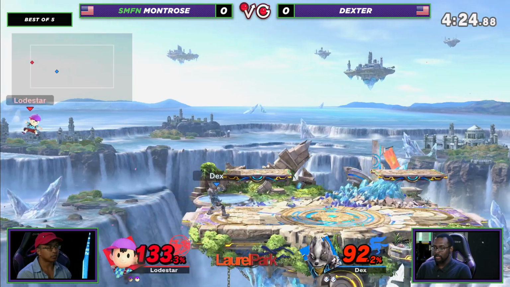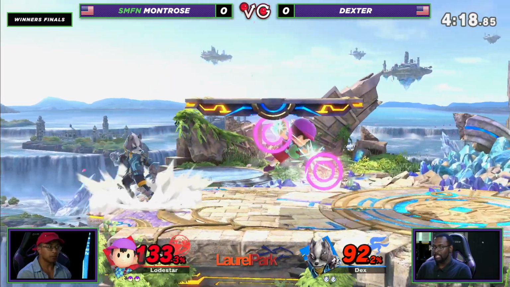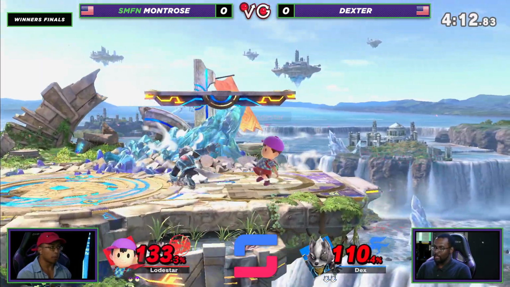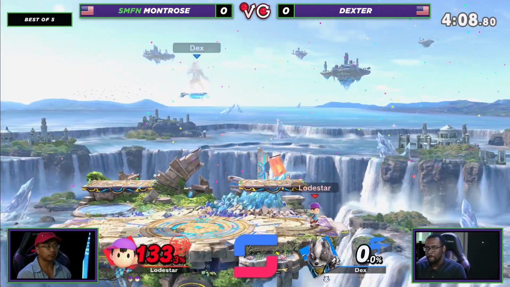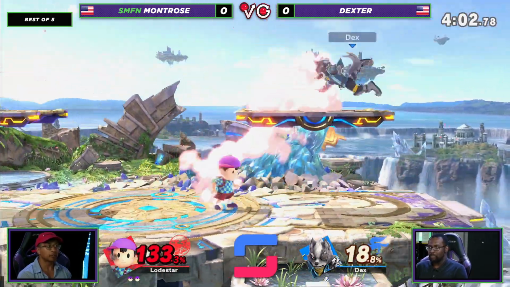Gets that back throw. Not enough to kill, but Dexter is one of the Wolves who will go off stage, so yeah, if Montrose had faded back a little bit more there, I think that was a drop zone in the making. This actually might be pretty close. Yeah, it will. Good awareness right there from Montrose, getting that back throw in there in that scramble situation,